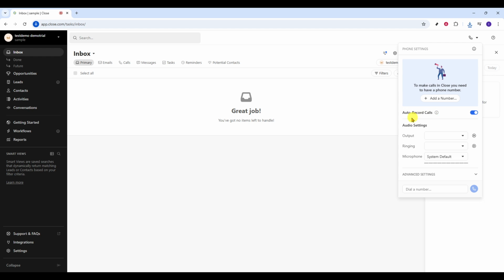In that menu, look for the setting labeled Auto Record Calls. This is the switch that tells Close to start recording calls automatically for you. Turn that toggle on. When it's enabled, Close will automatically record your future calls placed or received through the Close